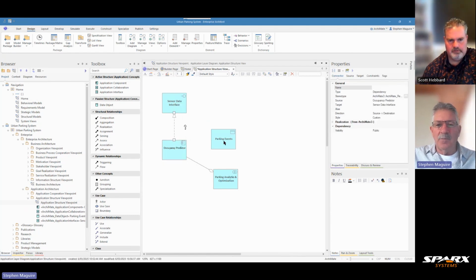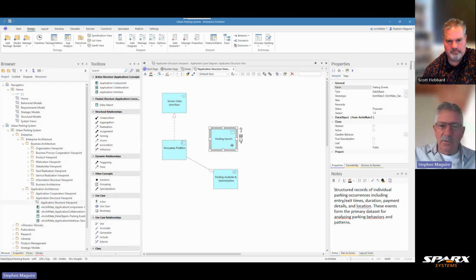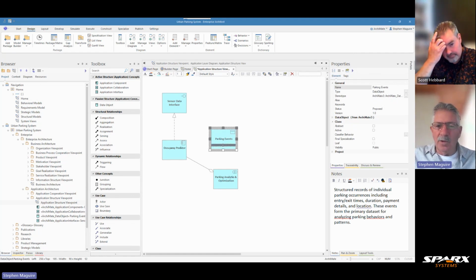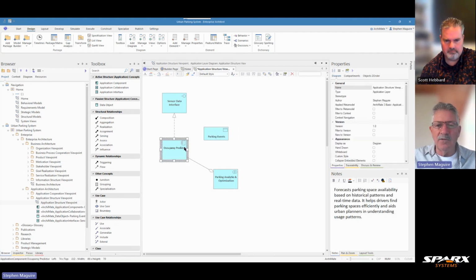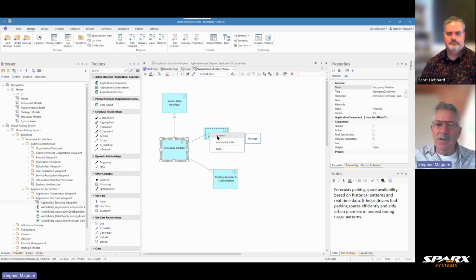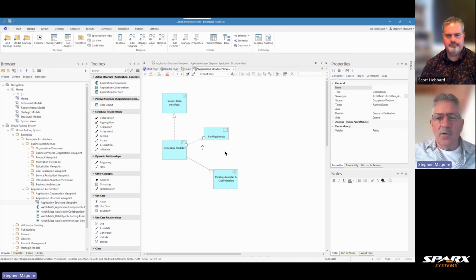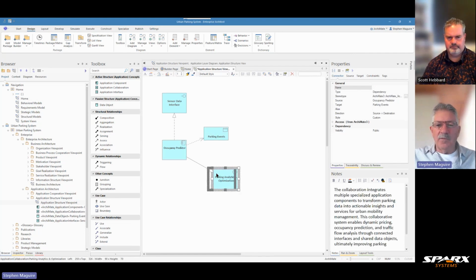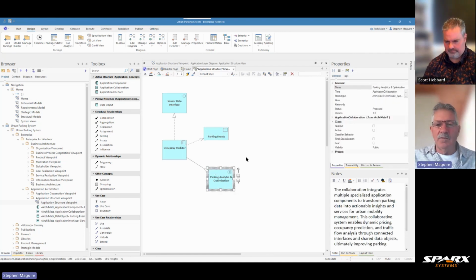Put that in. And this parking events one there, I'm going to make that a little bit smaller just to distinguish that it's data. I'm going to leave it here, and you'll see the reason for that in a minute. And I'm going to use the quick linker again, and you can see the quick linker is doing the work for us. We've only got two choices there: accesses and associated with. Accesses is stronger, telling you that that component is going to access that data. Yeah, exactly. So then we have it, Scott. That's the main pieces in this story.